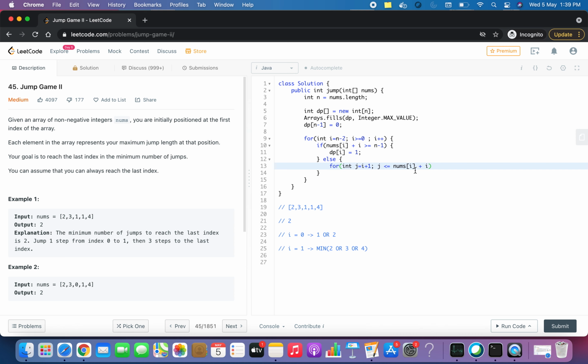So it will go till the number of jumps I can take from i, and we will increment it one by one.